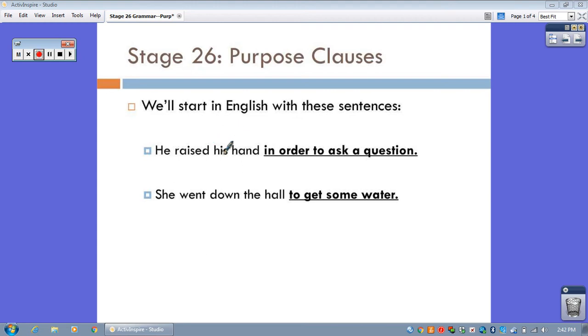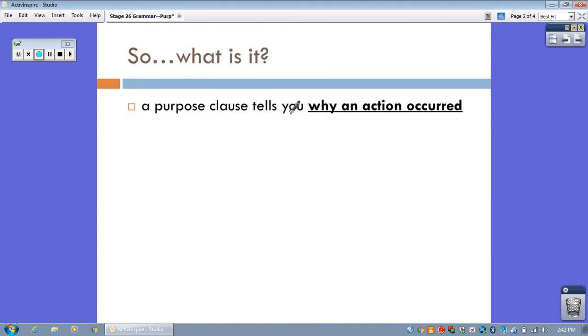Why did he raise his hand? In order to ask a question. Why did she go down the hall? In order to get some water. So, how are they defined? A purpose clause simply tells you why an action occurred. Not much to it. So now that we've defined it and we've looked at English examples,